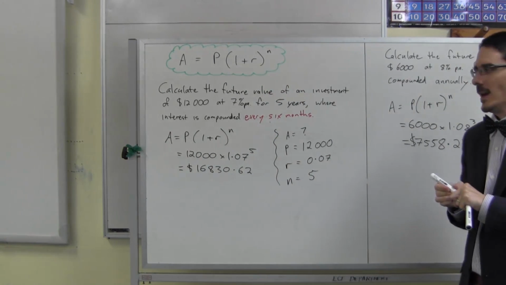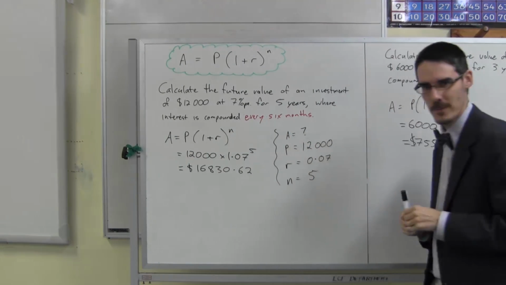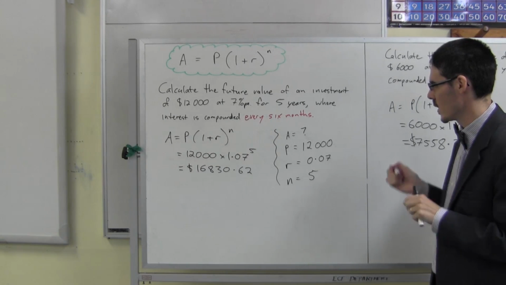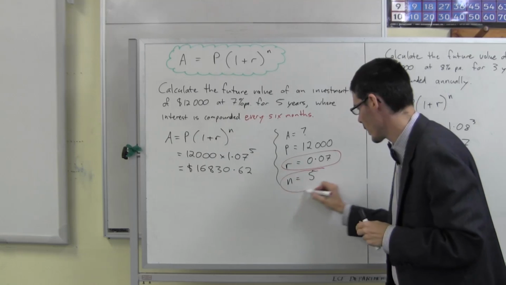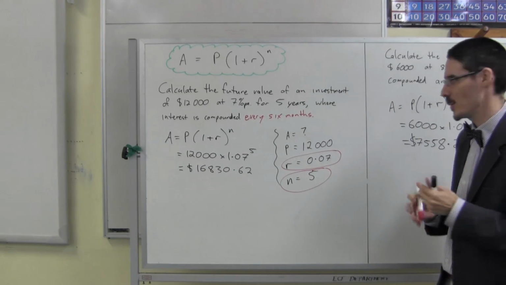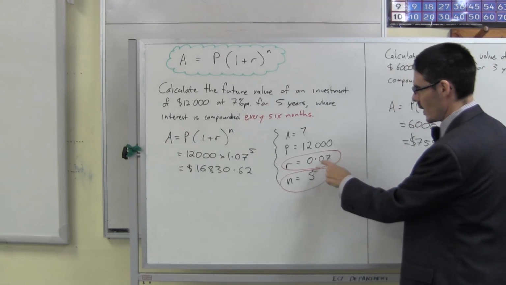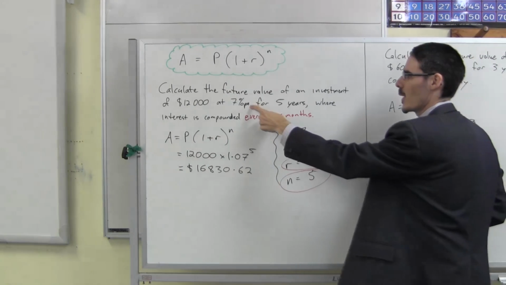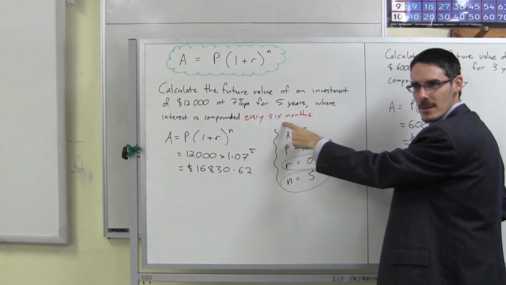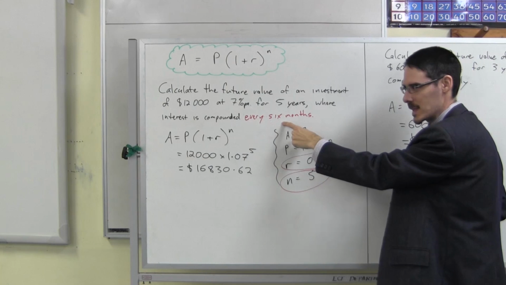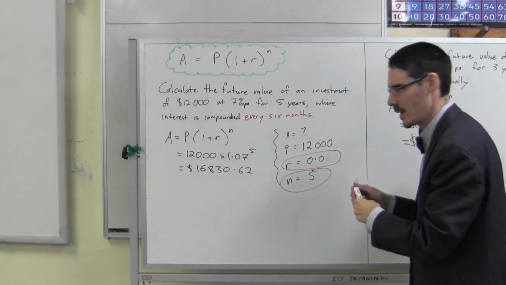Okay? Instead of compounding annually, I'm going to be compounding every 6 months. What has to change? Well, the rate and the number of terms have to be terms, not years. So let's have a good look. It was 7% per annum. So what's the interest rate every 6 months? Well, isn't it 3.5%? So this number is now going to become